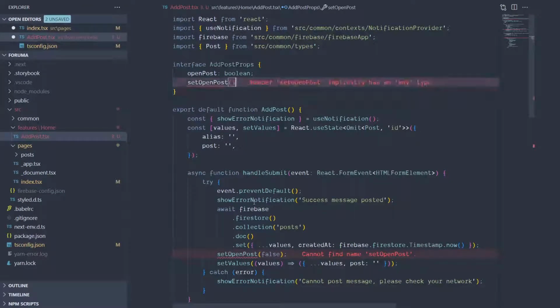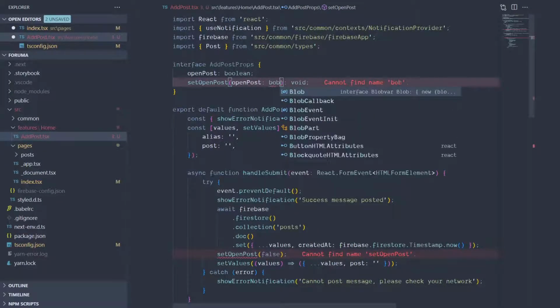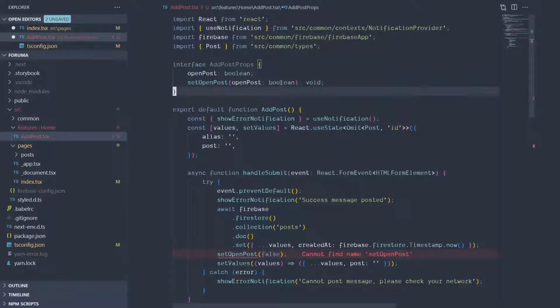and that is a function that doesn't return anything, right? But that function takes in the open post, which should be a boolean. There we go. Right. Okay, so now we need to just